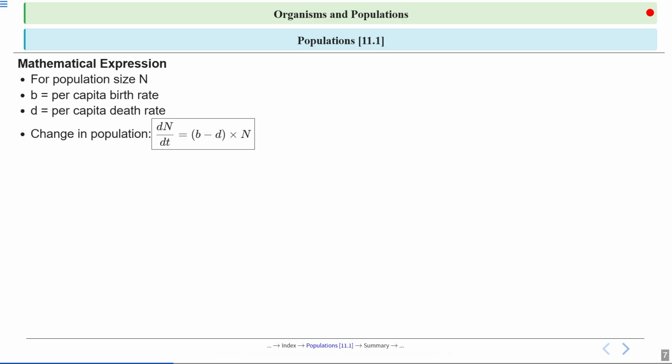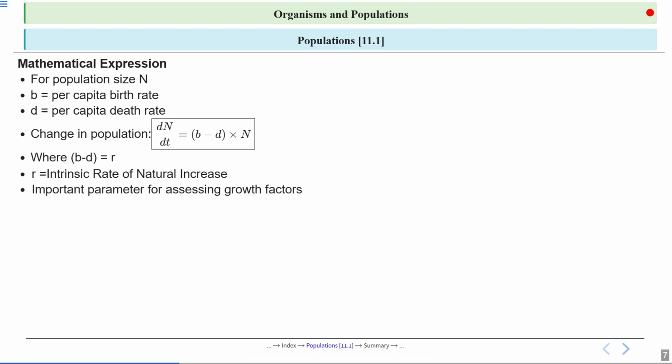Here dN/dt represents the rate of change of the population size and b minus d is the net growth rate. This equation is fundamental in population ecology. Here b minus d is equal to r, and r is the intrinsic rate of natural increase. Clear? So you can see here r is the intrinsic rate of natural increase. Now what do you mean by r? So r is the population's potential growth rate